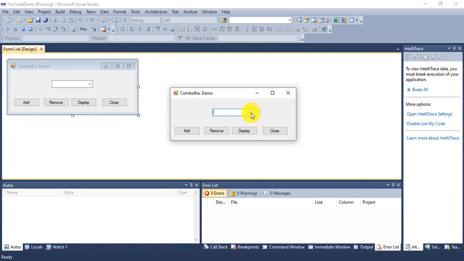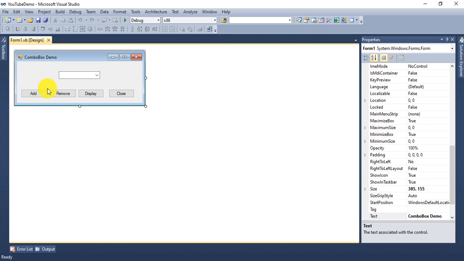You just click here, and it will open with the two city names which we already gave in the items collection. You can select any one here like this. Now close this form and perform some dynamic addition and dynamic removal of items in the combo box list.